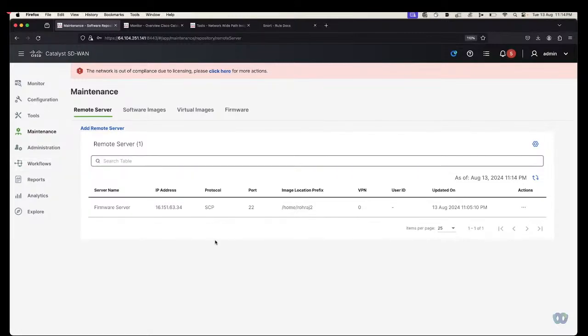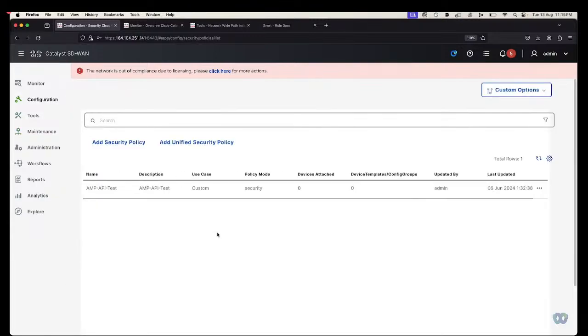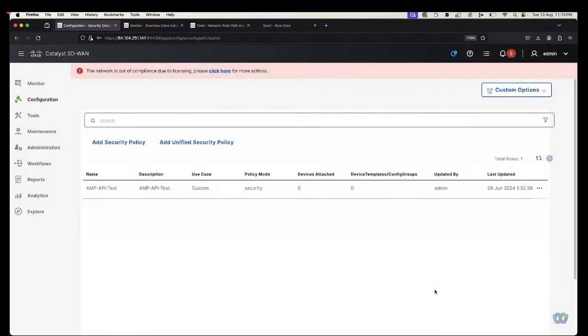All right. So next, let's see how we create the security policy for your IPv6 addresses. For that, let's go to the configuration, and then go to security here. You can start the workflow from here by clicking on add. Sorry, that is not possible through the